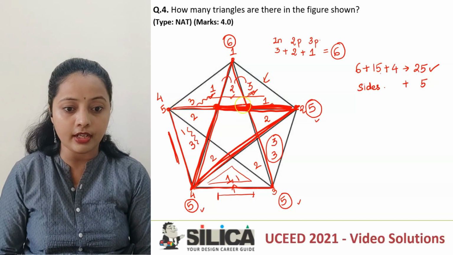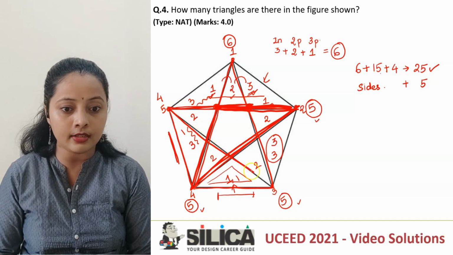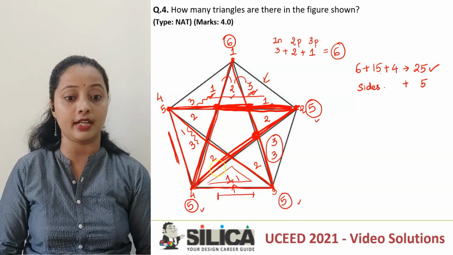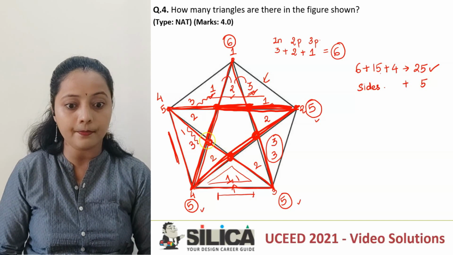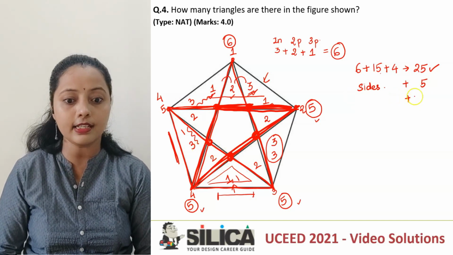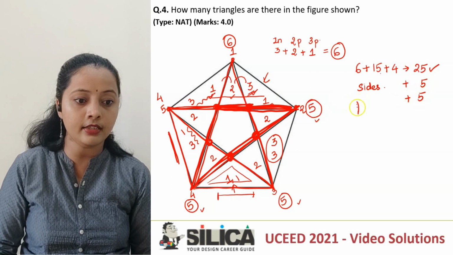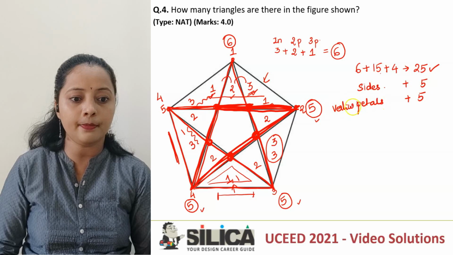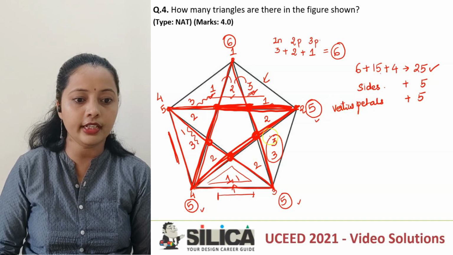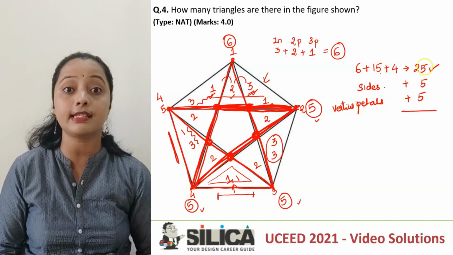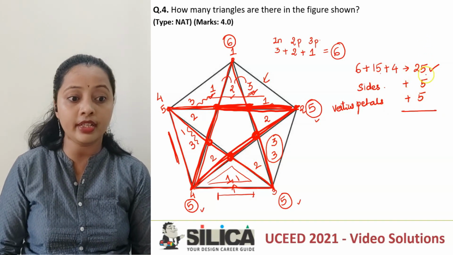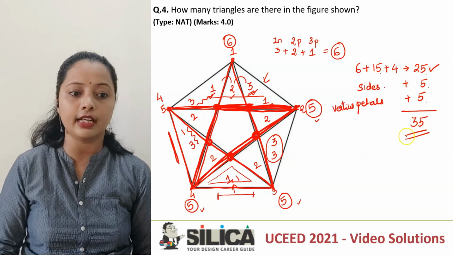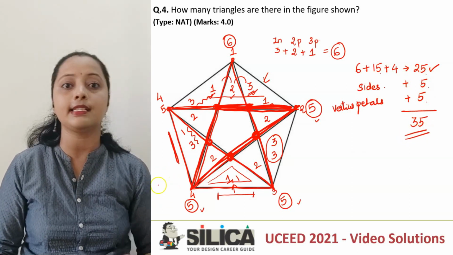So second, we come to this structure. You see a second triangle over here, that is inside of the pentagon. Then this is third, this is fourth and this is fifth. So basically another 5 triangles I'll have to add because of the vertices of the petals of the internal star specifically. So totally how many triangles am I going to get? 25 plus 5 plus 5, that would give me 35 triangles in total.